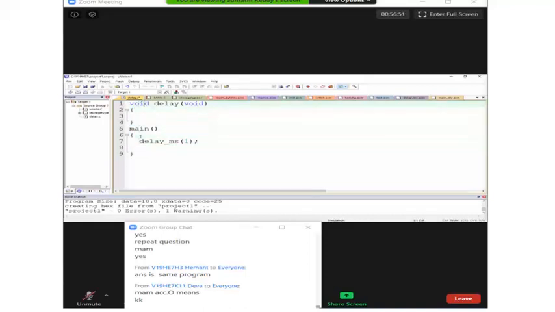Let me change the name to underscore ms. Whatever I am passing, I'll try to collect with the unsigned type only, because we are very much clear that delay cannot be a negative value. It cannot be -2 milliseconds, -3 milliseconds, right? Is it possible to have -2, -3 milliseconds like that?